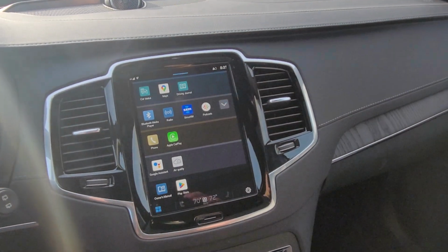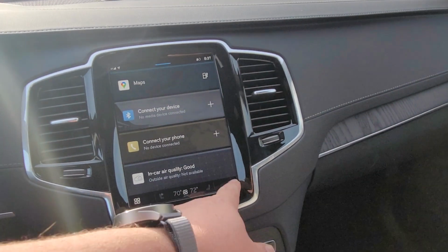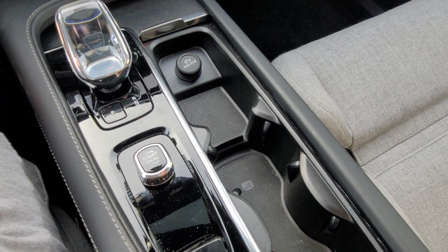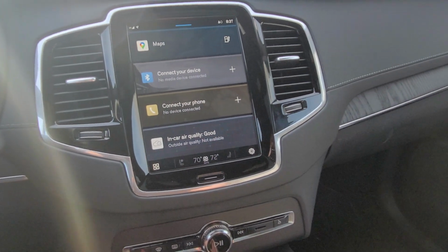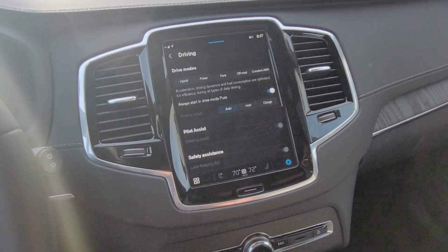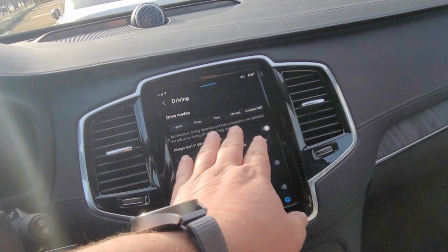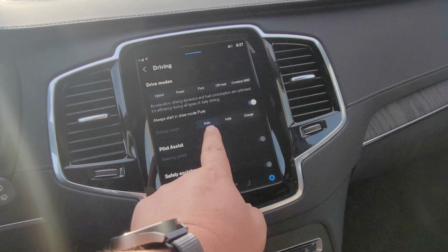But here we have a button for our apps, and we have our button for the home screen, and then we have our settings. Gone is the wheel to choose your driving style. So you want performance, you want comfort, you want whatever. They took that away and they put it into this screen. So you're coming up on someone on a red light, you want to burn them really hard. You got to go here, you got to go here. You gotta wait, and then you gotta go into the right mode, and these buttons are so small, and they're just so, I don't know, not necessary, but you have to choose the right one,